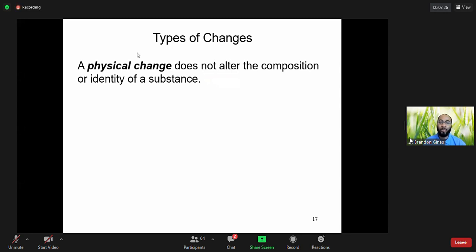Moving through chapter 1, we're going to talk about the types of changes. A physical change, you should be aware of the definition. A physical change for a particular substance does not alter the composition or the identity of a substance. So what do we mean by that? Just to give you an example,